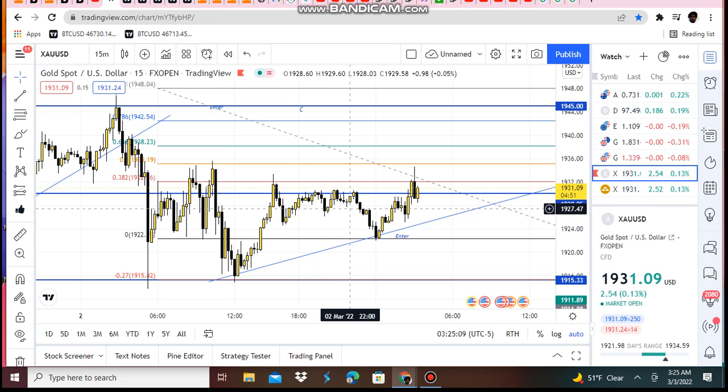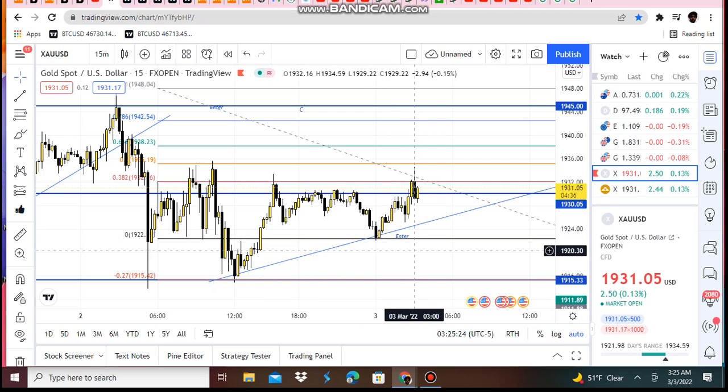1930, heads back down to 1927, 1930, and eventually heads back down to 1922. Then we know once price makes a morning star pattern, black candlestick, star, yellow candlestick at our zero level or Fibonacci level, it lets us know that price doesn't want to go to the 27 extension, 1915. It makes a higher high, back up to 1934 and finally breaks above